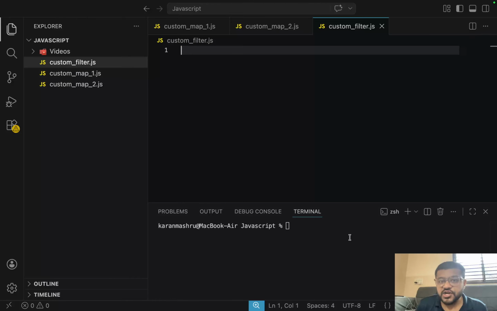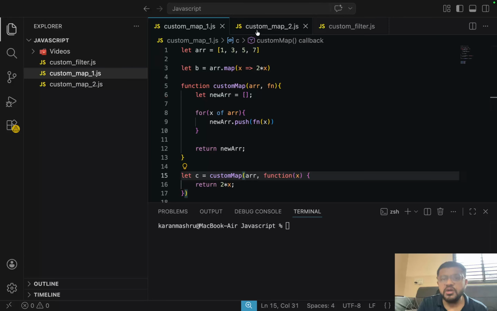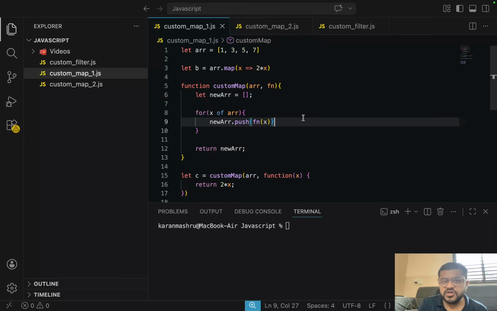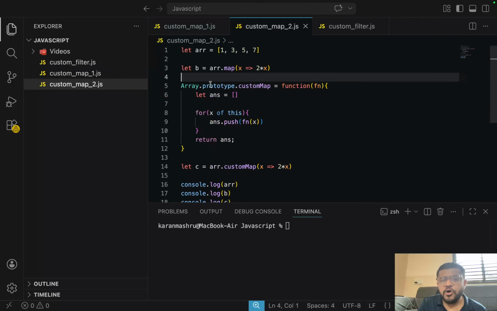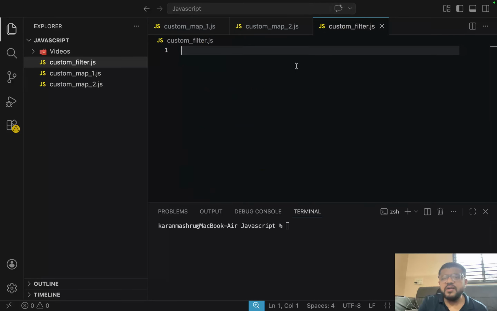और इस वीडियो में हम हमारा खुद का एक कस्टम फिल्टर फंक्शन लिखने वाले हैं। So in the previous videos we have written the custom map function. और कस्टम मैप फंक्शन जो हमने लिखा था वो हमने एज अ नॉर्मल फंक्शन इन विच वी पास द एरे एंड अनदर फंक्शन डेफिनेशन ऐसे लिखा था, और प्रोटोटाइप की मदद से भी लिखा था. So custom filter we will directly write using prototype only. Okay, so we get an idea that when we call array dot filter, what is happening behind the scenes.